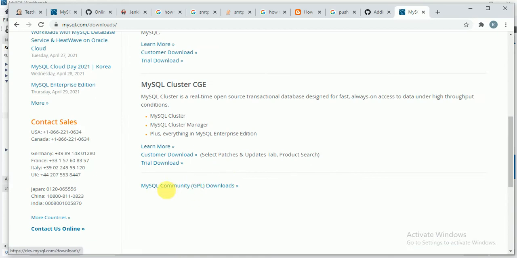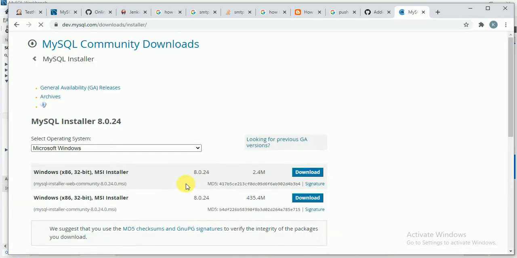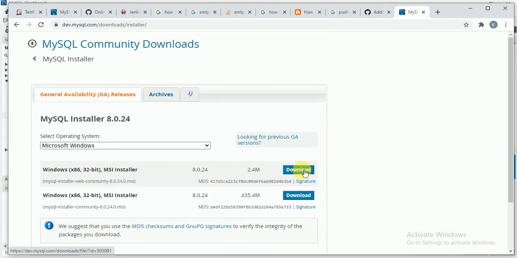Once you come here you can see MySQL Community Downloads. MySQL for Windows is there; you can download any one of these two, then MySQL will be downloaded for you. While installing you can go with the recommended settings only.